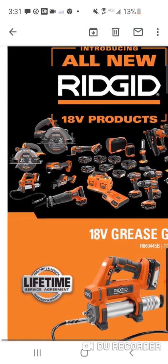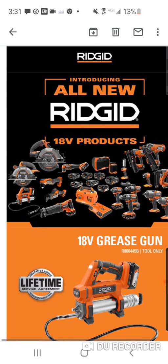People have asked me about the Octane stuff. I don't know. Especially with the new circular, the new recip, a new hammer drill, and a new impact that were all Octane. I mean, that stuff just came out, guys. So again, don't be surprised if certain stuff changes, and I don't think it's going to happen overnight because there's just so much stuff. I don't see a brand new jigsaw here, right? We know about the Octane jigsaw, the Octane router, handheld router. So I think it's going to be something that's slowly going to be